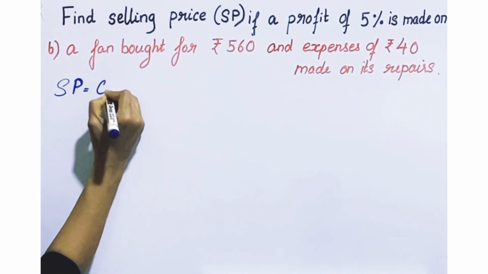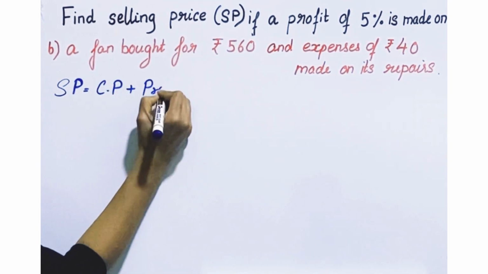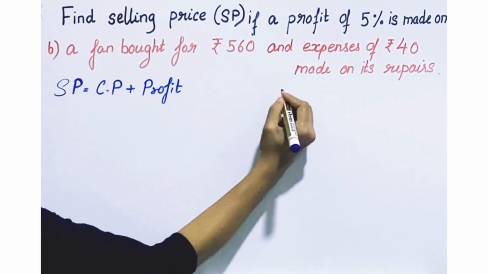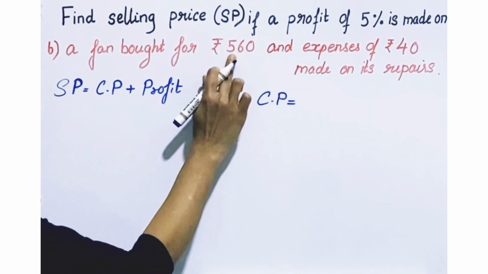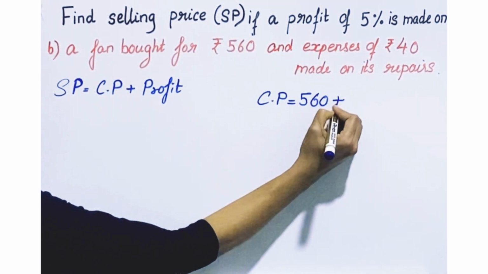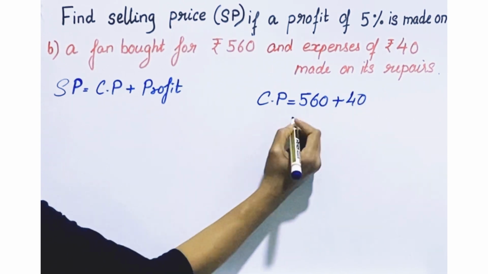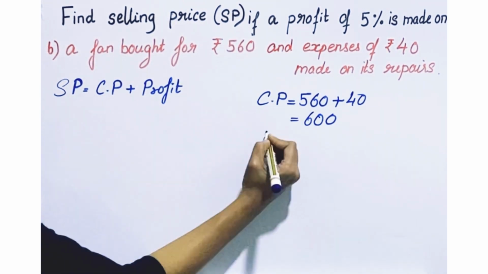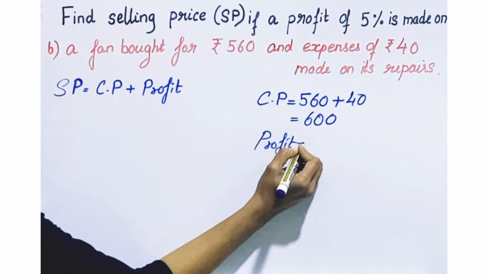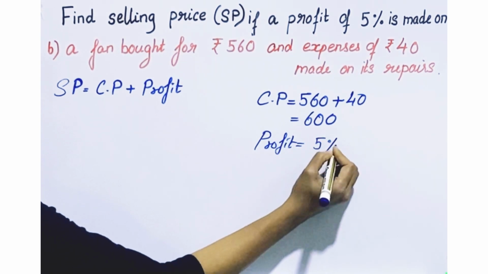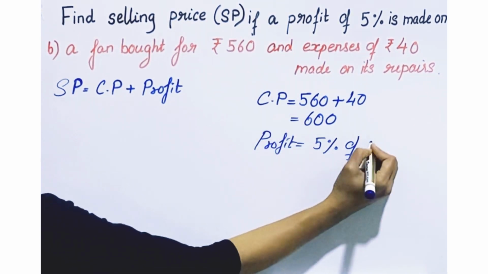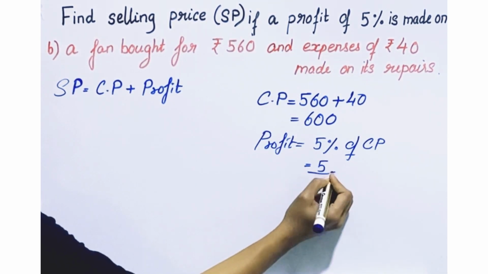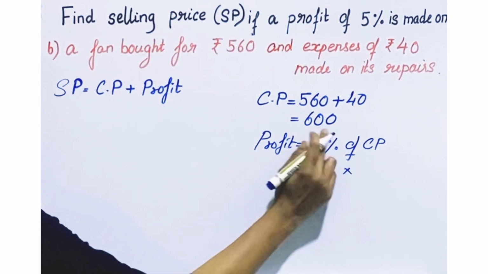Next question. A fan was bought for 560 rupees and expenses of 40 were made on its repairs. So the cost price will be 560 plus 40, the repair. So 600 rupees is the cost price and the profit is 5% of the cost price, which is 600. So 5% of 600 will be